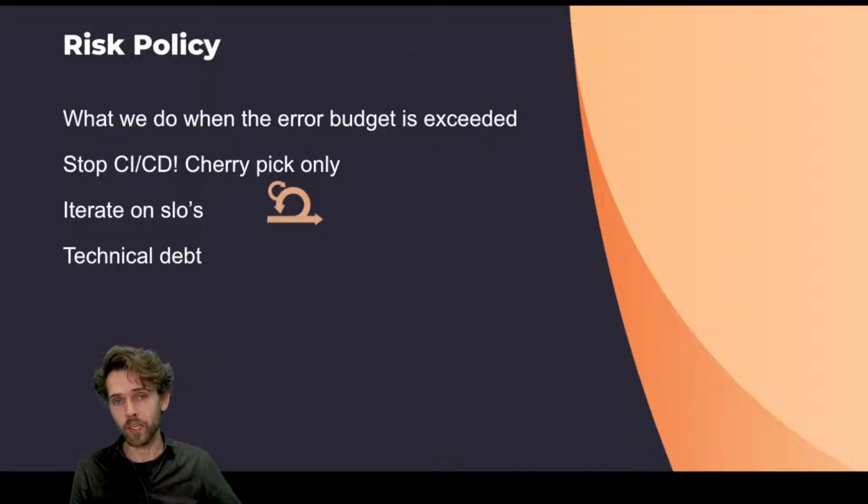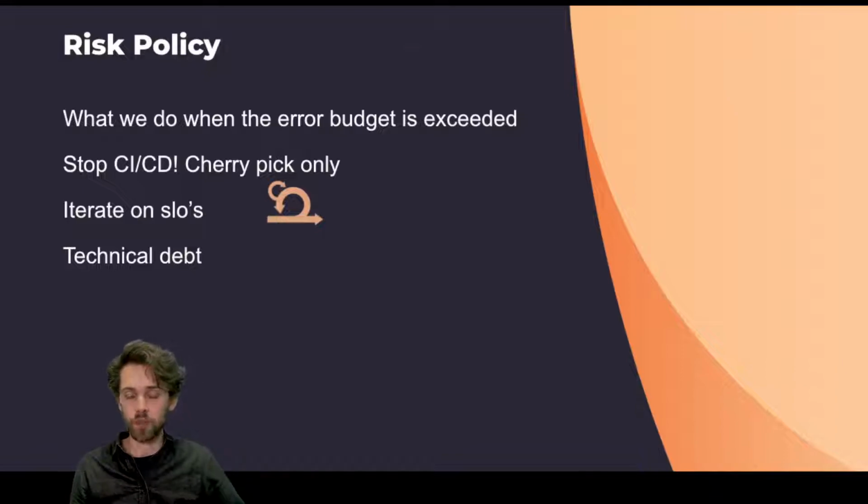If you keep breaking the SLO time and time again, it's probably time to see if your SLOs are maybe too tight, or the numbers are not entirely in the right scope. And as I've said on the previous slide, it's a perfect tool for getting this technical debt in. So what you could decide with your team is, okay, the error budget is hit. We have to see if some of these technical debt issues improve the error budget.